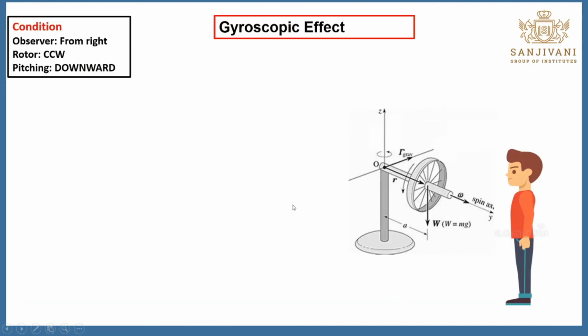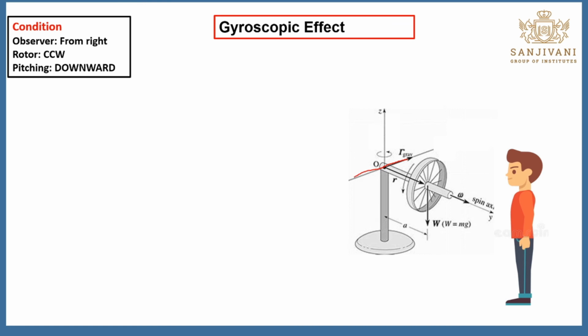Now we'll just consider the same example, but we'll do it with our conventional way with the 3 axes and the 3 planes. Now just consider, in this case, this is one rotor which rotates with some angular velocity, again having some mass m, and the total weight or force acting over here is m into g. Again, in this case, what happened? Instead of giving some external force to rotate it about the second axis, because of its own weight, this body is trying to rotate about the second axis,